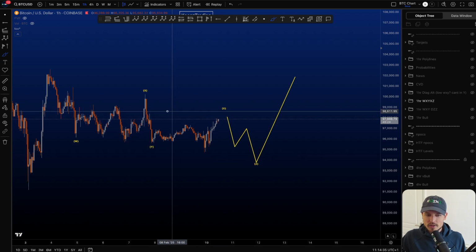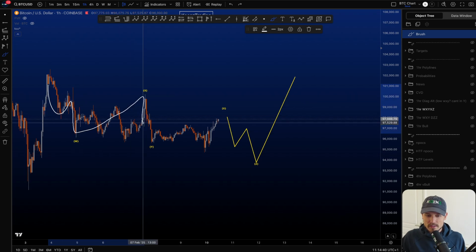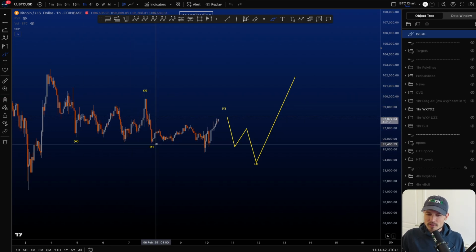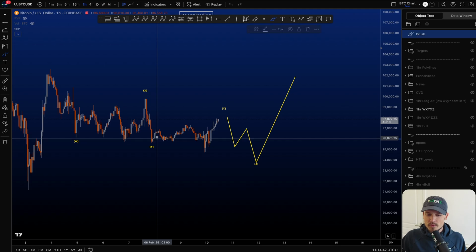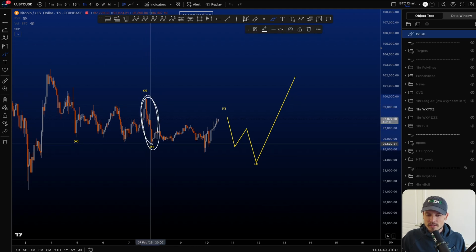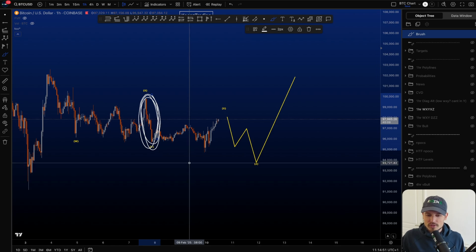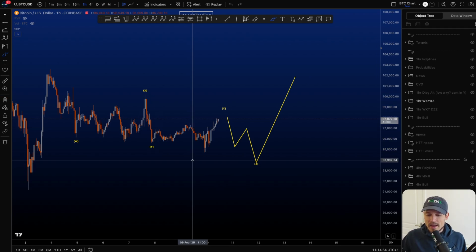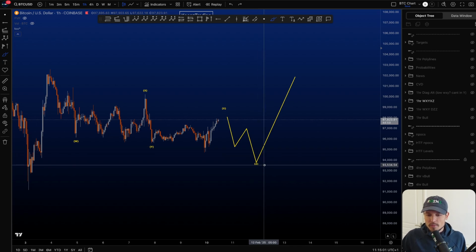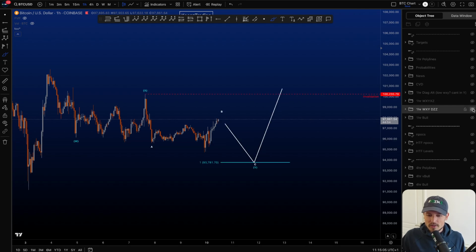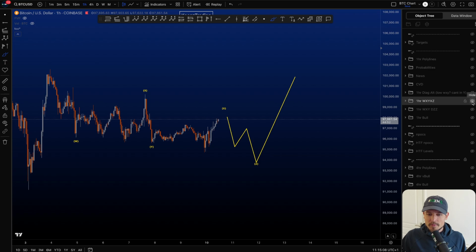Now, alternatively, you can also move into a WXYXZ, 3-wave W, corrective X, 3-wave Y. There is a way to count this structure to the downside as a 3-waver. Not gonna lie, if you move into the lower time frames, there's definitely a 3-wavy-ish structure to be counted here. And that would then at least open the door to a WXY and then XZ. But a WXYXZ is incredibly rare. So therefore, even if you do come down, this would work better, in my opinion, than a